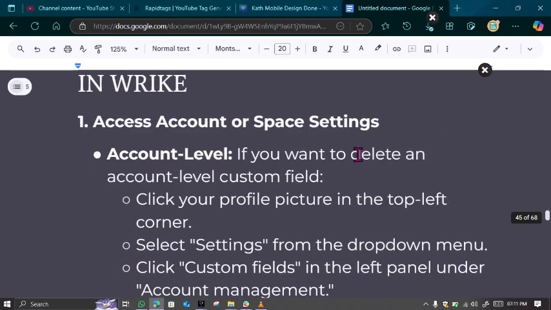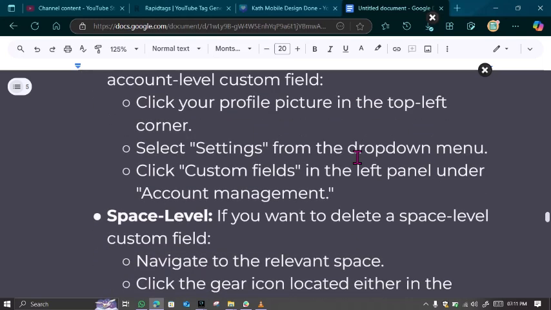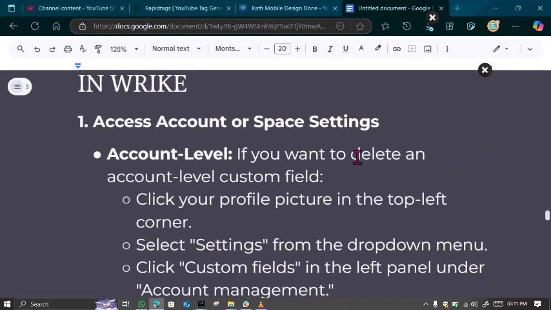The first step you need to take is click on your profile picture in the top left corner. Then select settings from the drop down menu. Click custom fields in the left panel under account management. If you want to delete a space level custom field,